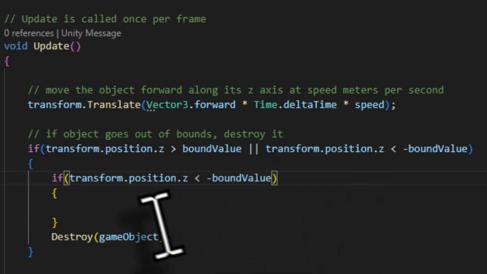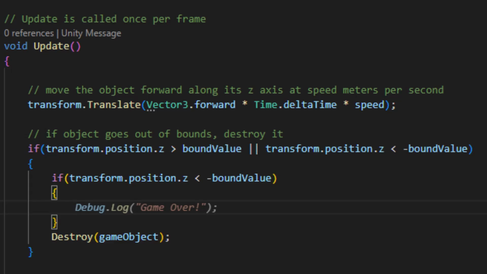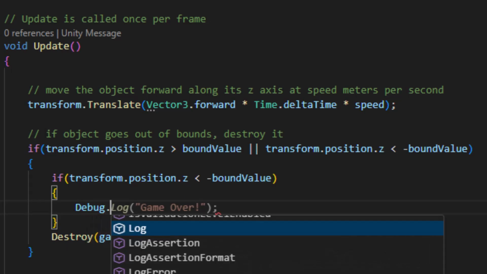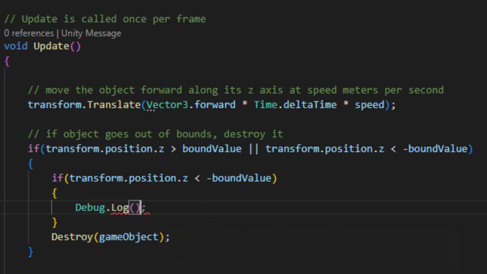If this condition is met, then as of now, I just want to add a message in my console window saying that game is over. So to publish anything in the console window, we use a method called Debug.Log, and in open close bracket, I will end it with a semicolon, and inside there in inverted commas, we'll add the string Game Over